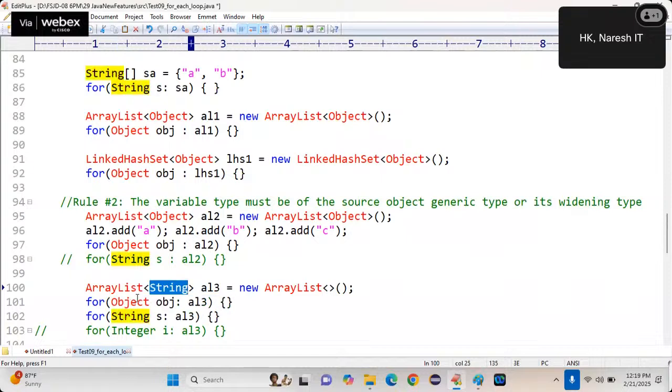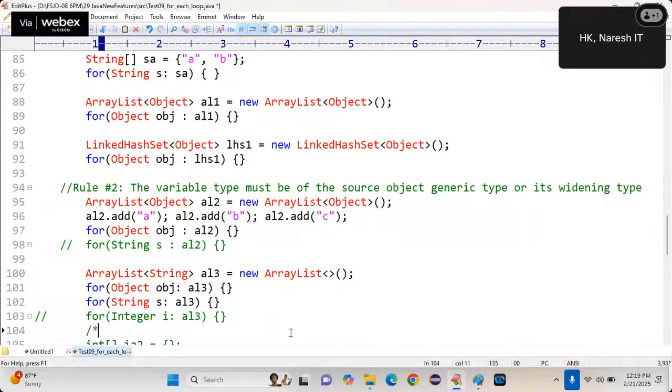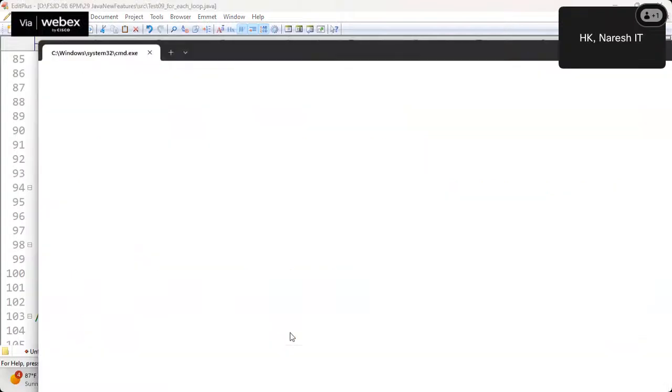String. String can be assigned to widening type or not? Upcasting. We can do upcasting. So array list object, internal object can be stored either as a string or also object. Object is allowed, string is also allowed. Dekho. Control 1, no compile time error.